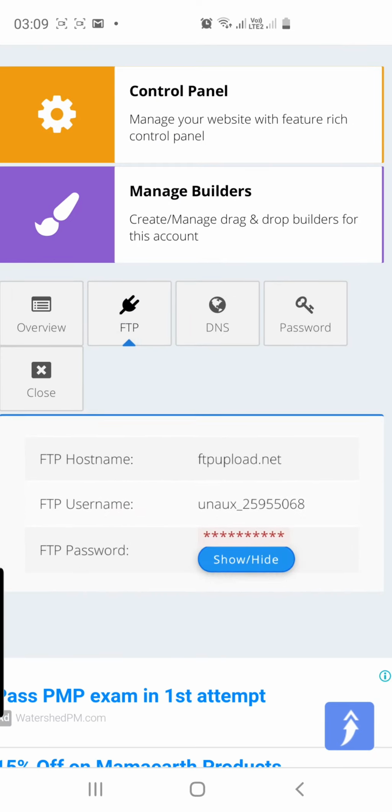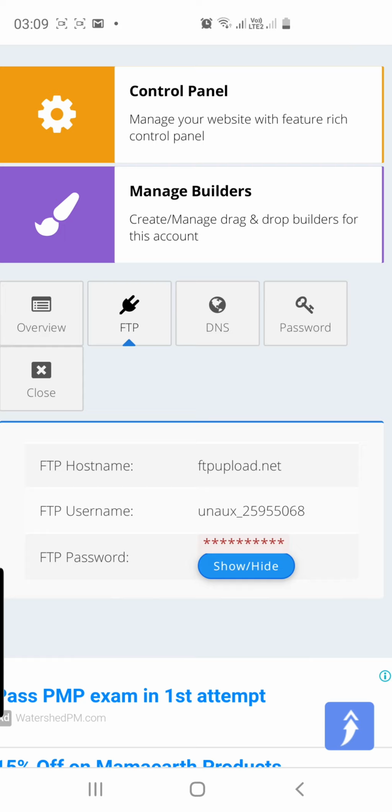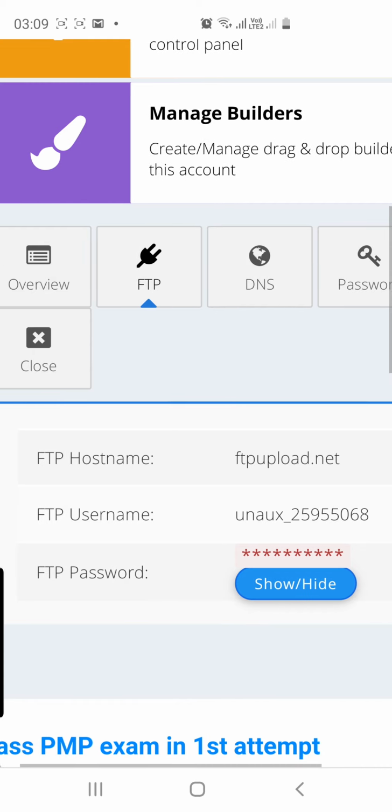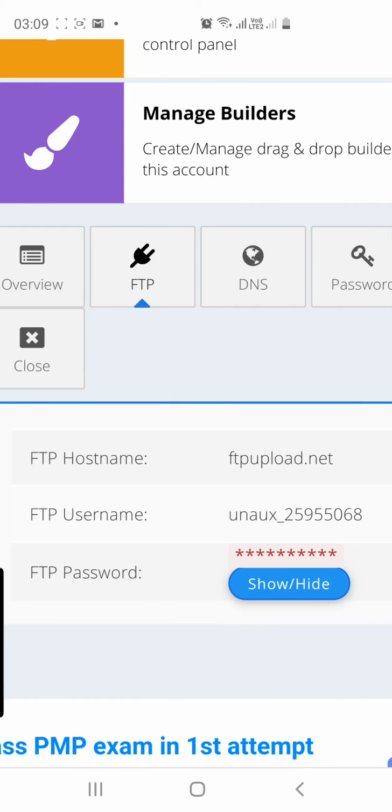So FTP is basically, let's say you have created an account and you want to add some details to your website. Basically you want to host it, you want to put details, images, photos, videos, if you want to correct some issues. So this is a very important information. FTP details, what is the host name, that is one of the things. Whenever you are trying to log in using FTP into your website and want to transfer some files or remove some file, edit some data, one of the first things it will ask you is what is the host name of your FTP website.